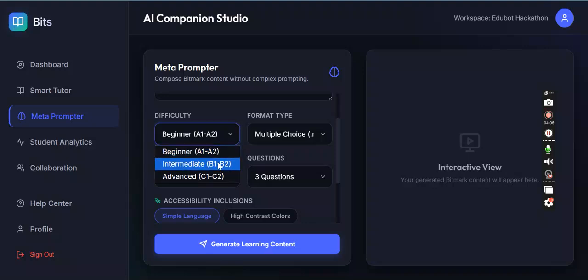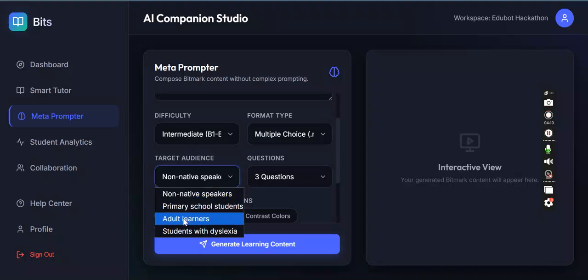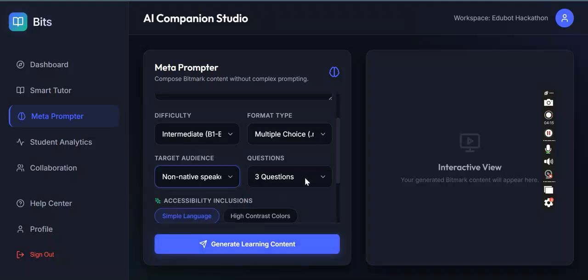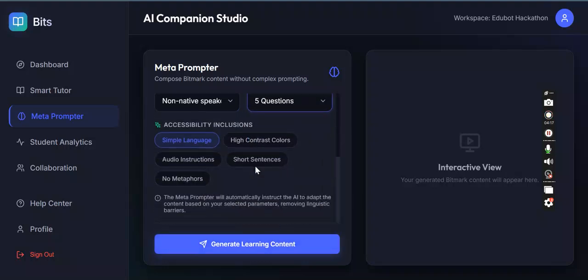and the difficulty we have: beginner, intermediate, and advanced. So let's just go with anything here. And then the target audience: primary school, adult learners, students with dyslexia or non-native speakers, and then the number of questions you want, for example 5, and then you click on generate quiz. As I was saying earlier, it's actually going to take some time, but